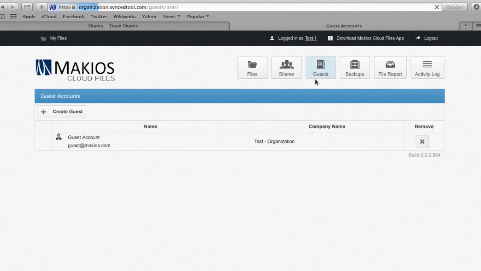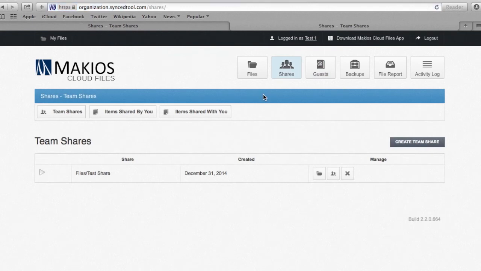And up to this point, we have covered everything that is available for us in sharing and guest accounts. We will be covering backups on the next tutorial, and the following after that we'll be covering a little bit about file reporting, activity log. That will be a quick